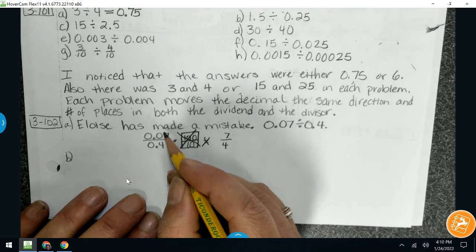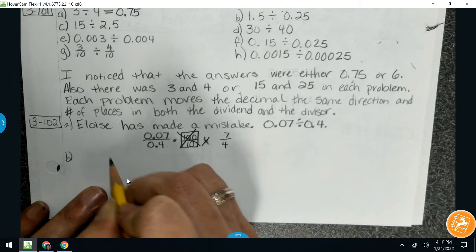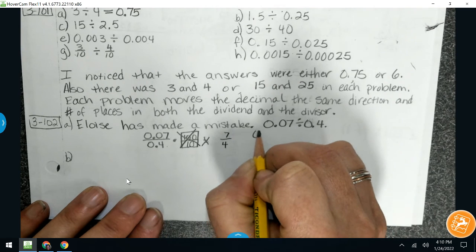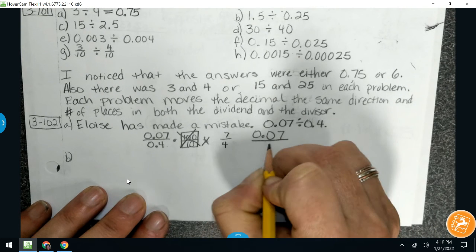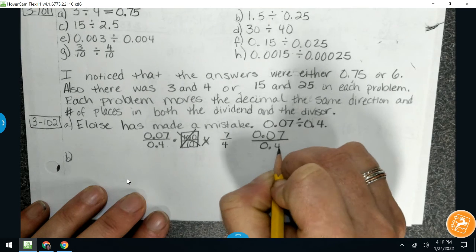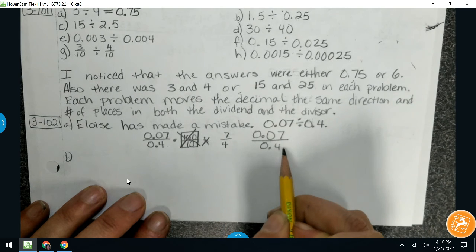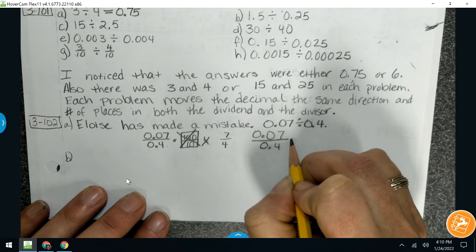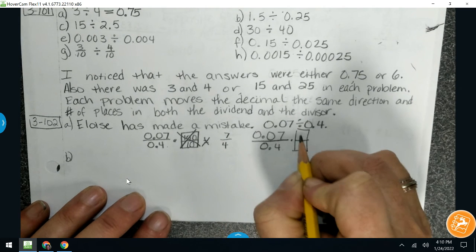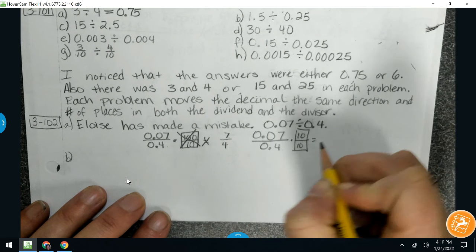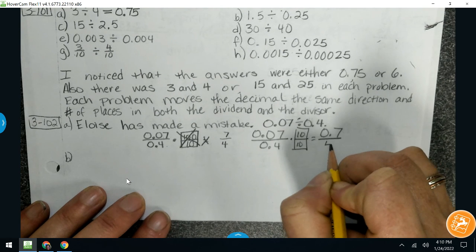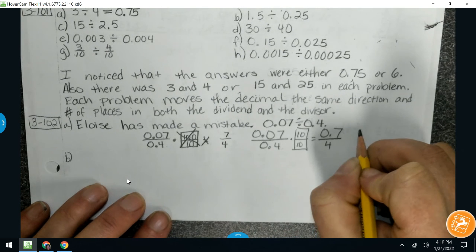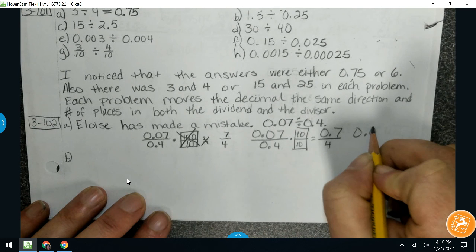Now, I can multiply by 10 in both my numerator and denominator like this, and I can get 0 and 7 tenths divided by 4,